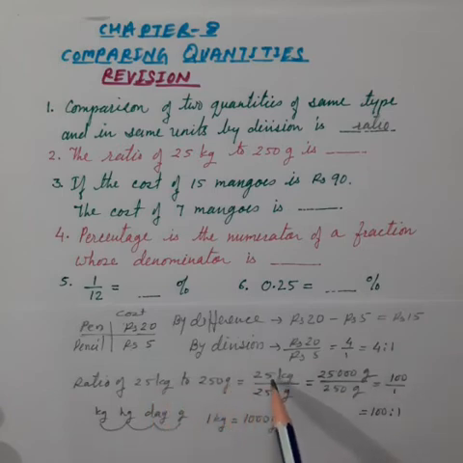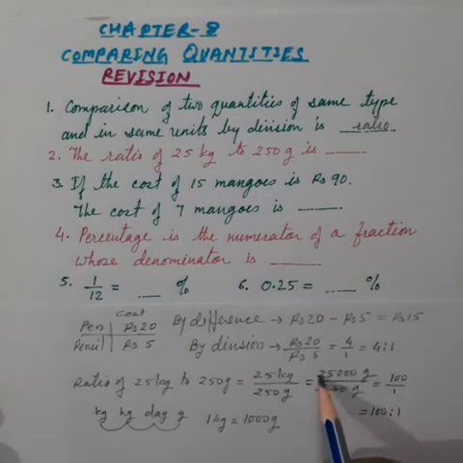So, we have to convert this 25 kilograms into grams. We know that 1 kilogram equal to 1000 grams. So, multiply 25 by 1000 to convert this kgs into grams. Now, ratio is always in lowest term. So, first of all, we have to find out the lowest term of this fraction. Divide both numerator and denominator by HCF of numerator and denominator. So, we can divide this fraction by 250.